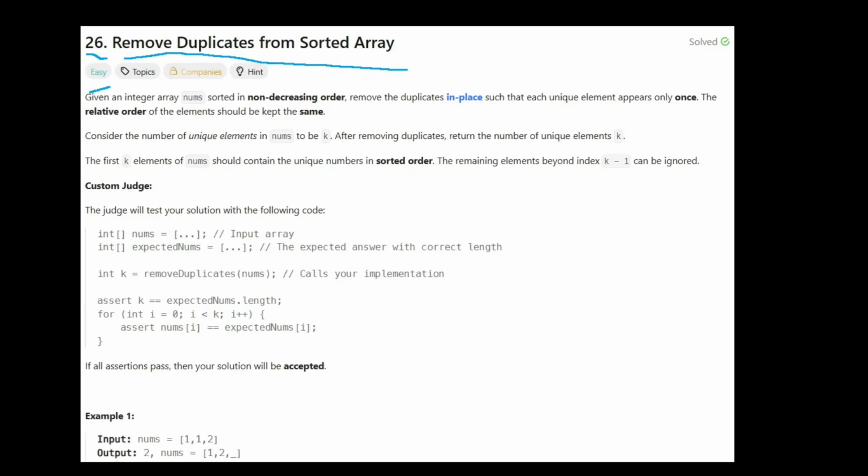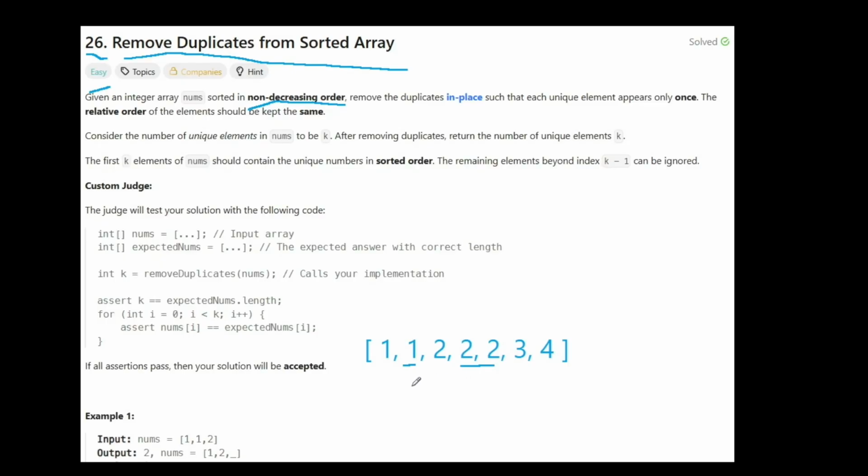Let me type one sorted array here like this one. So we have, let's say, 1, 2, 2, 2, 3 and 4. This is our array. It's an array of integer numbers and it's not in decreasing order, so it's either increasing or the same number. So there's a possibility it has duplicates. What's required from us is to remove duplicates, like remove this one and remove these two, but in